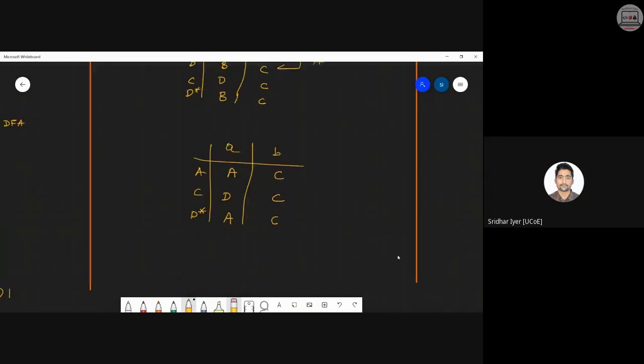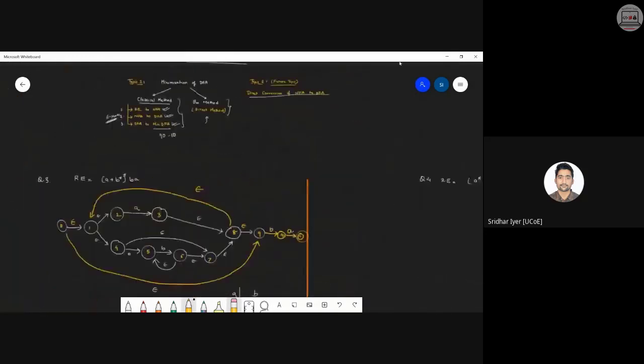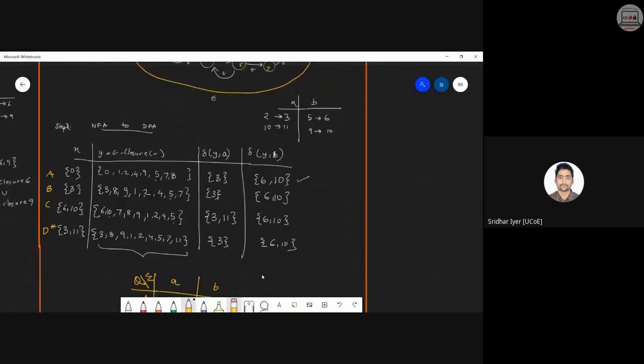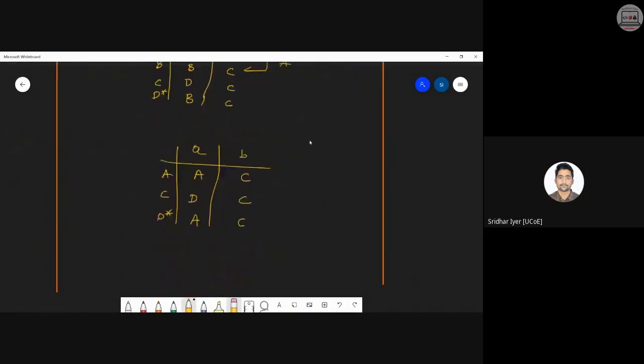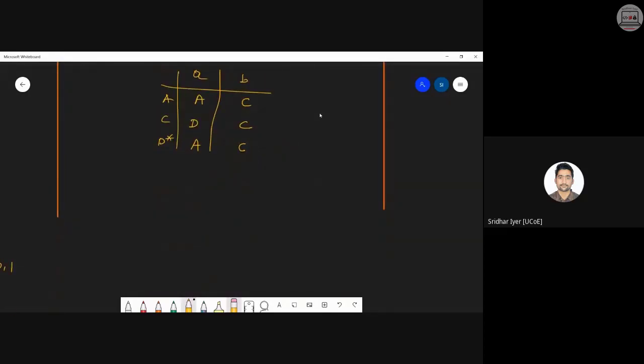So you can imagine that initially we had how many states? 12 states. From 12 states, we got four states, and after four states, we finally merged them and got the minimized diagram in three states. So this is how we minimize using the classical method. We now have the answer in three states. From A on input small a, it goes like this. C goes to D and C remains on C like this. So this is how we got the diagram.